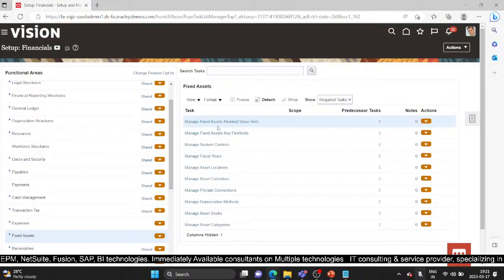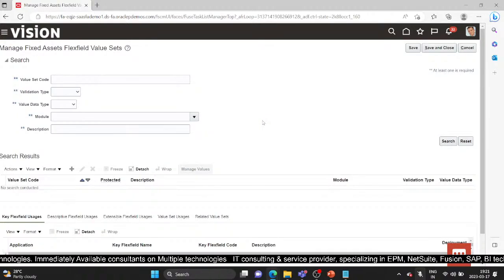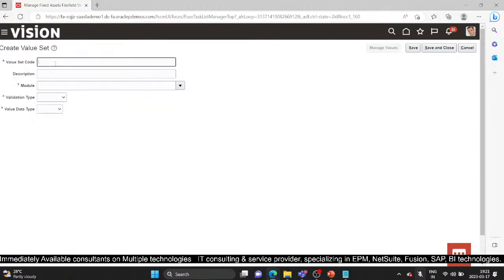And the first one is the manage fixed asset flex field value sets. So these we will be covering today till prorate conventions. So fixed asset flex field value sets. I'll quickly create the value sets. It is a very simple process. So I will be creating for all the three, the asset category, the asset location, and the asset key. So I'll quickly click on add. I'll give the value set name as